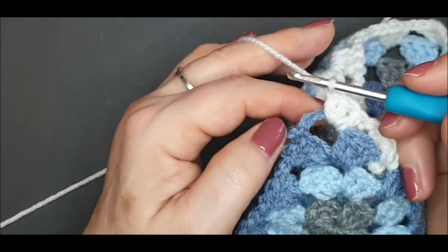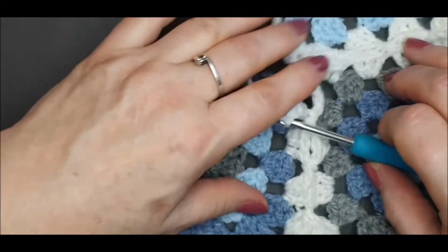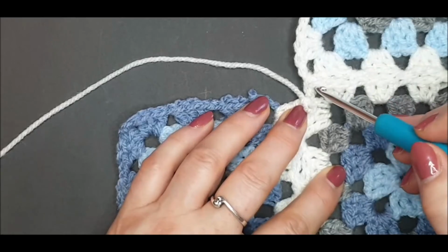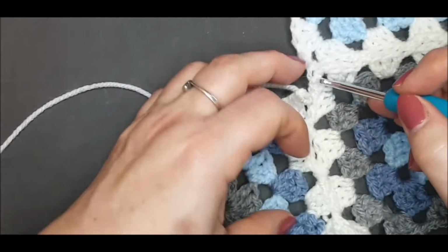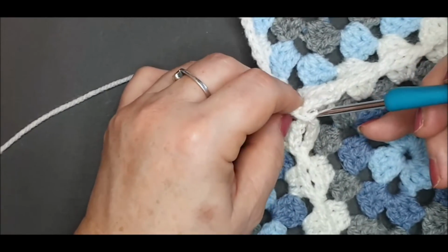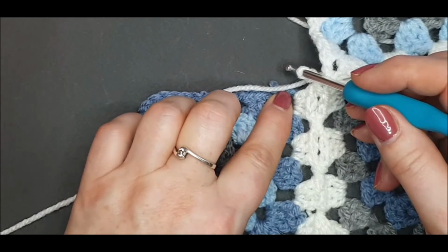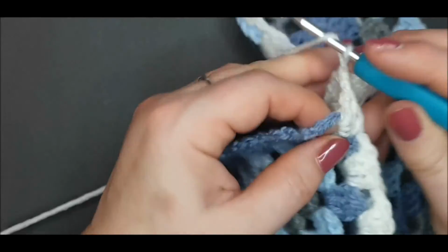Now instead of chaining 3, we're going to chain 1, and then we're going to join this corner section with a slip stitch into this corner. So you can either slip stitch or remove your hook and pull through, and then chain 1 to complete your corner, and then we're going to create our corner into here with 3 double crochets,